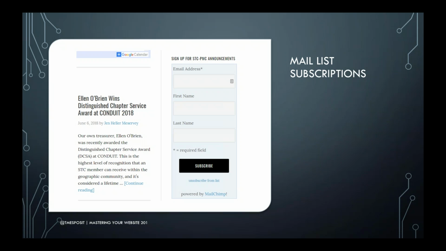Philadelphia has one that's the general newsletter, and they also have one for its Conduit conference. And we keep those separate because we have people that come from all over the country for Conduit, but they don't necessarily want to hear about the monthly meeting that's local to Philadelphia. So if we want to make an announcement to attract more presenters, we might use just the conference mailing list, but in addition to the general mailing list.